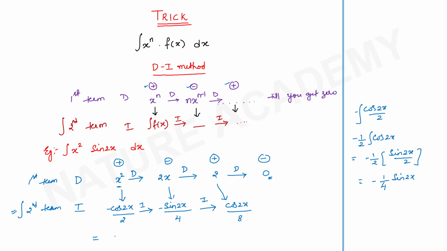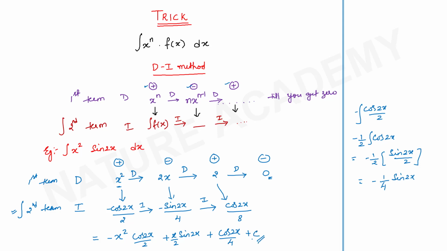See, we have a plus sign here. So we have x square, and a minus sign is there with the cos 2x. So minus x square cos 2x by 2. Minus into minus will become plus sine 2x. I have 2x here. So 2 ones are 2, 2 twos are, it will be x by 2 on the left hand side. And then plus into plus will be plus. Again 2 ones are 2, 2 fours are, will get cancelled, and you will have cos 2x by 4 plus c.